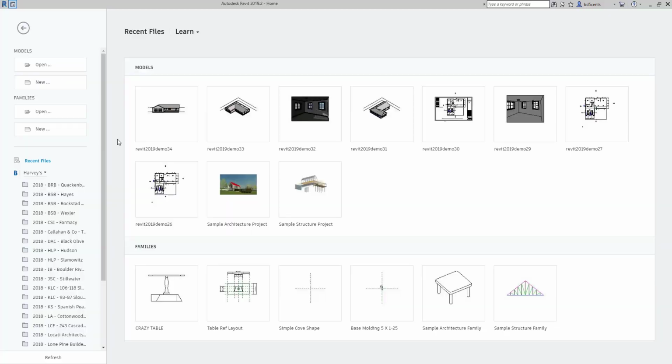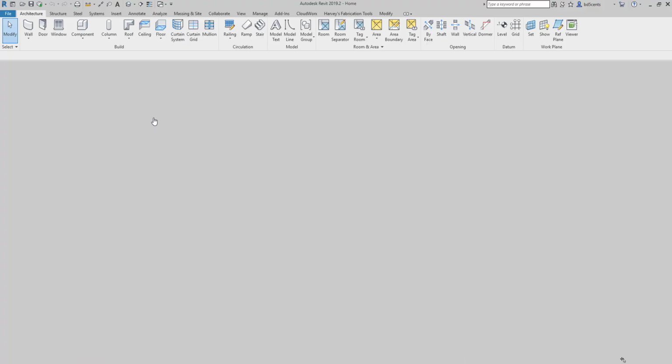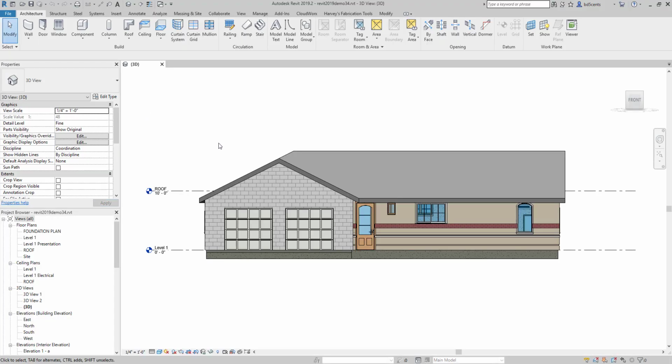Alright, welcome to Revit 2019 Demo 35. For this lecture, we're going to talk about creating the title block family for your final project. So what we're going to do is open up Revit 2019 Demo 34 just as a placeholder,